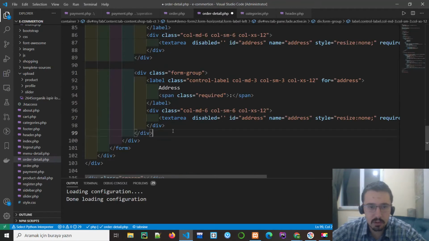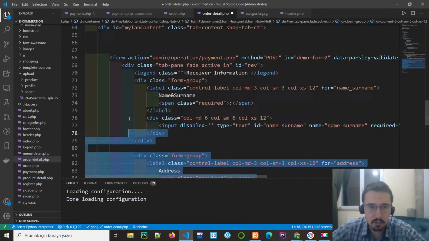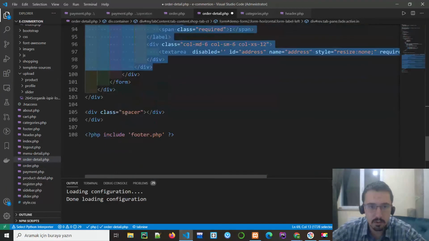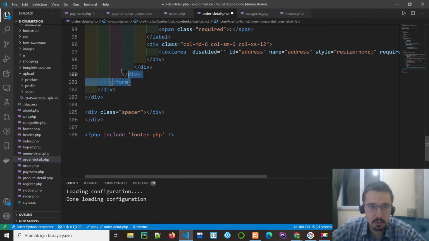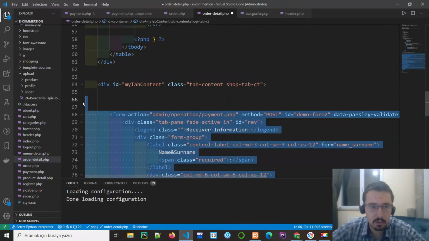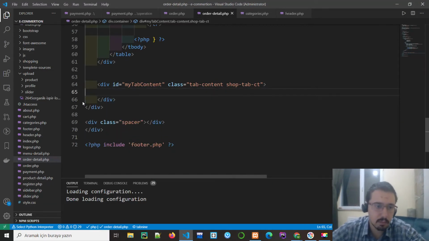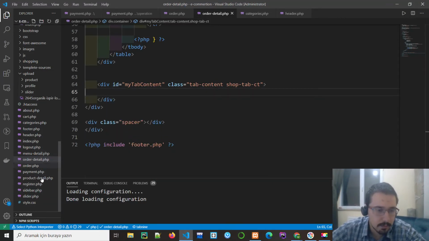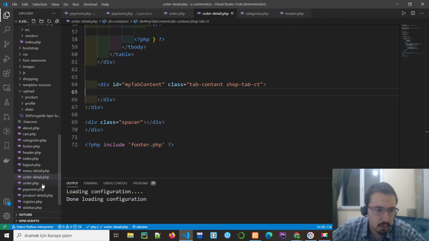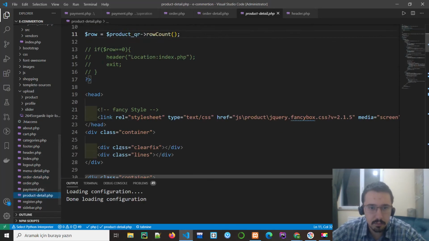One minute, we don't need these ones. Let's use another thing for this purpose. I don't want to use form. It's not convenient for this job. I will go to order, order product detail, and here